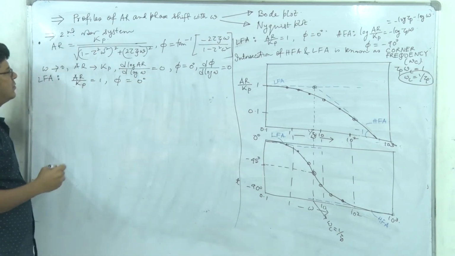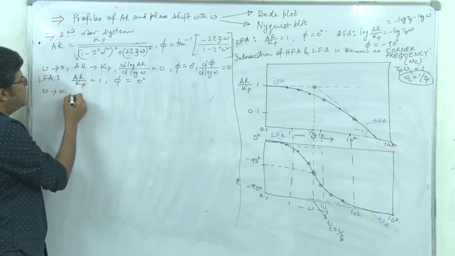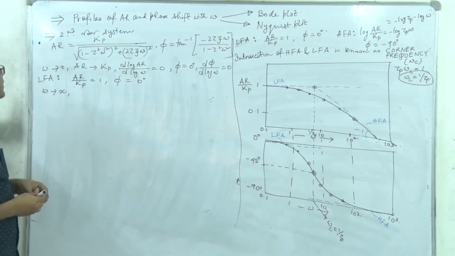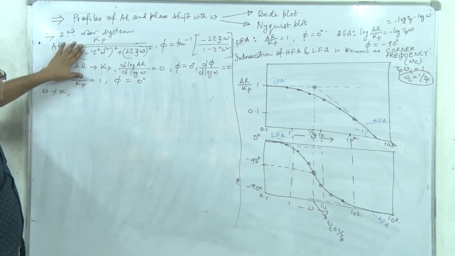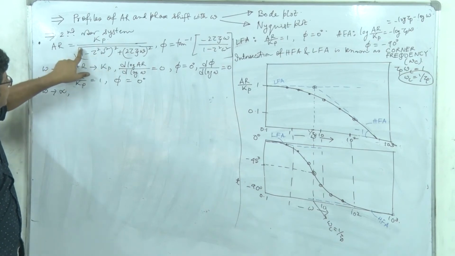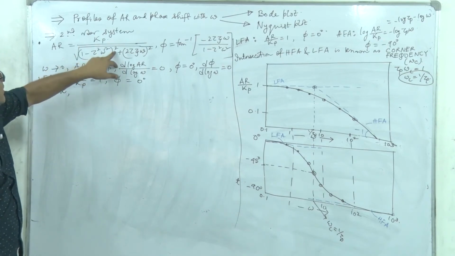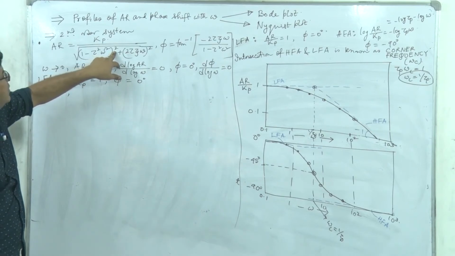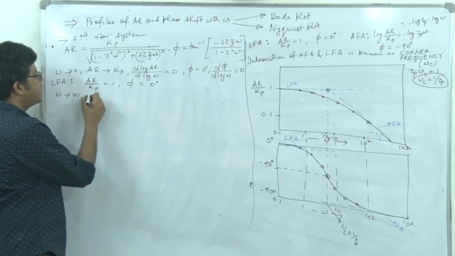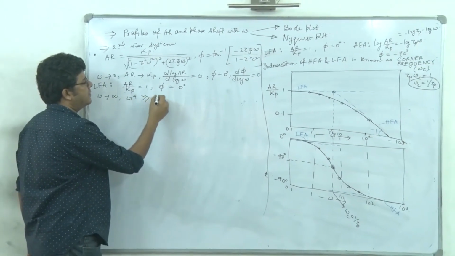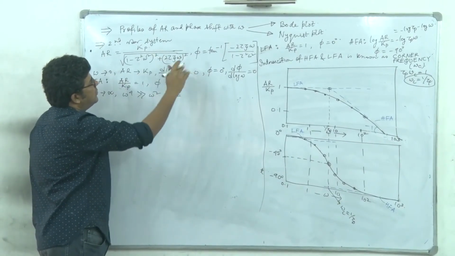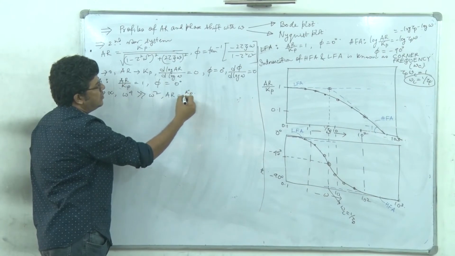Now when omega tends to infinity, definitely again the same problem arises because AR tends to 0. However, you see that we can drop this 1 here as omega tends to infinity, so 1 is negligible. Additionally, here the maximal power is omega to the power 4, whereas here it's omega square. So when omega tends to infinity, omega to the power 4 is much greater than omega square. So simply we can drop this term and write that AR is equal to Kp divided by tau square omega square.